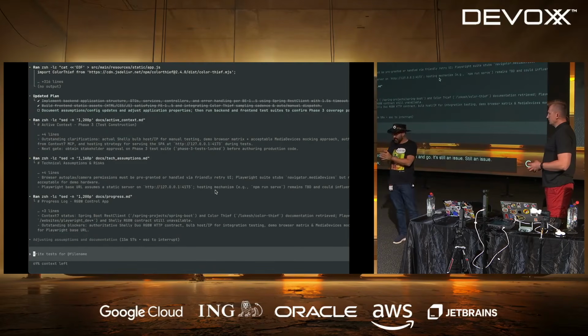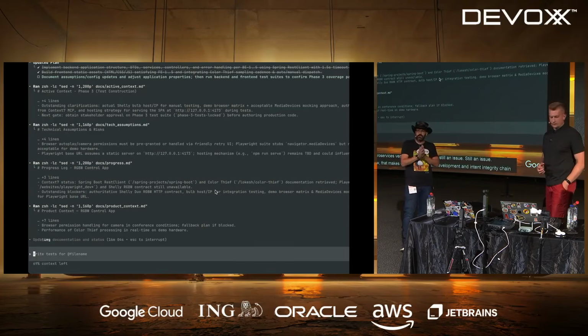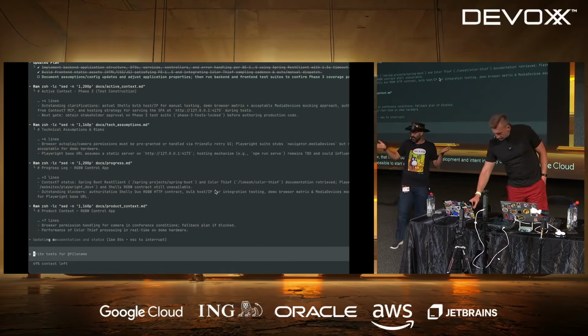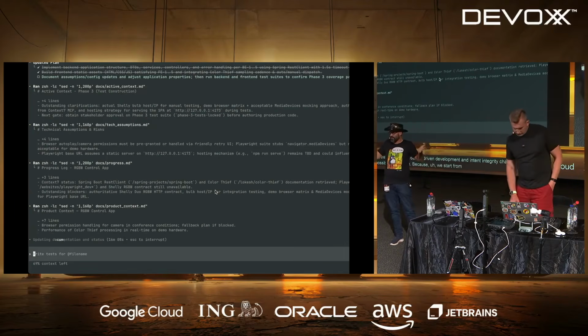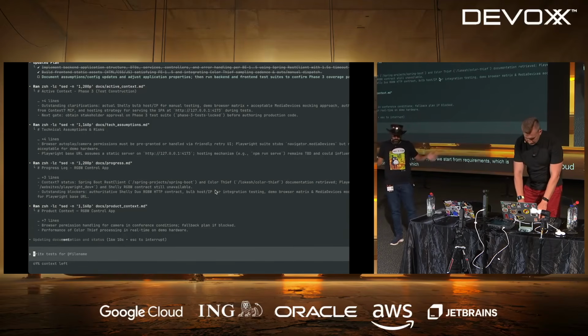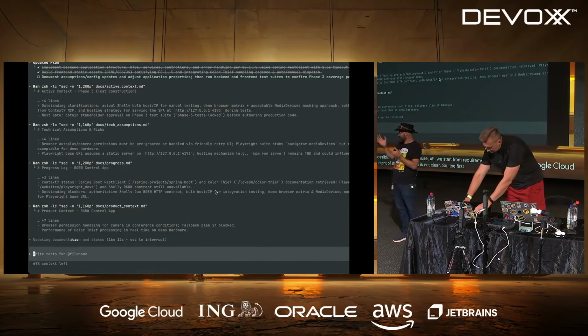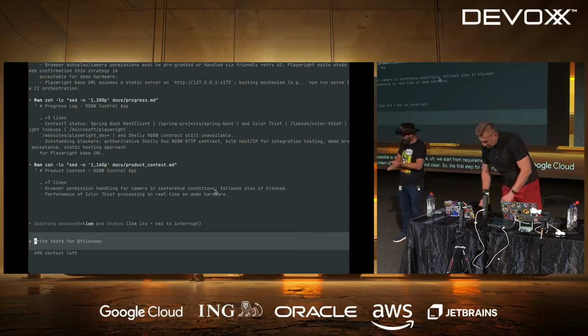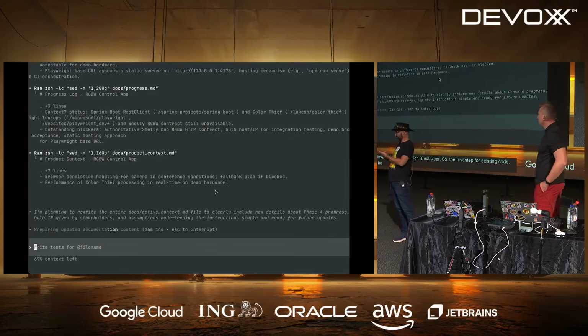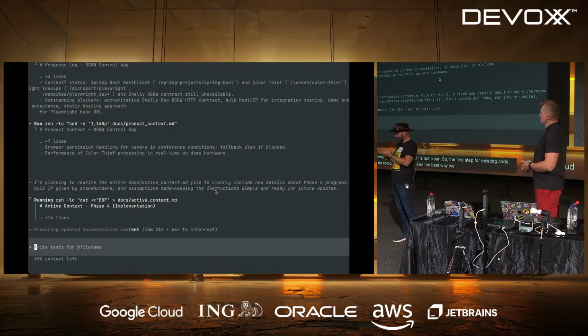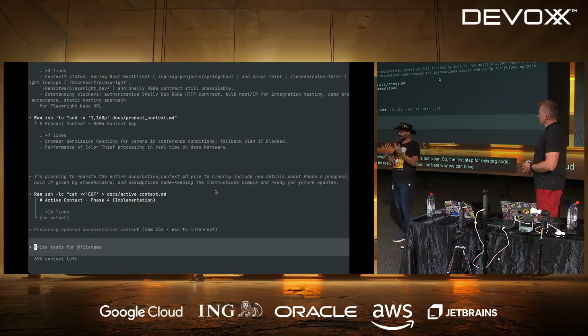Now, that makes our prompt-driven development and intent integrity chain impossible to start with, because we start from requirements, which is the intent of the code, which is not clear. So the first step for existing code will be realizing the intent. And the best way we have to analyze the intent is to reverse the intent integrity chain.